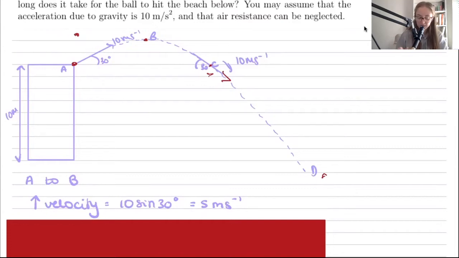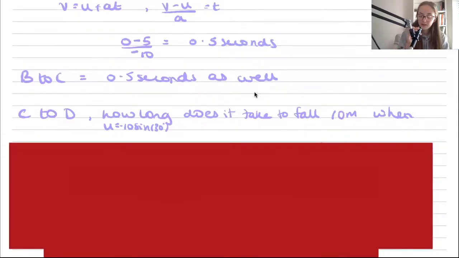And then, like I said, the next part of the journey, B to C, is mirrored. So it'll take the same amount of time. So it'll take 0.5 seconds as well. So it'll take half a second as well. So finally, in looking at C to D, we need to work out how long it will take to fall